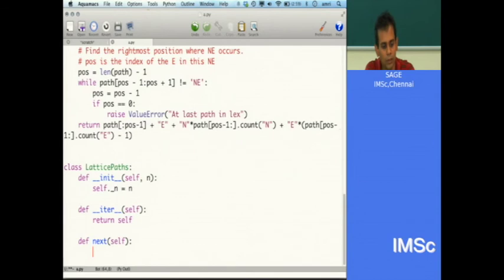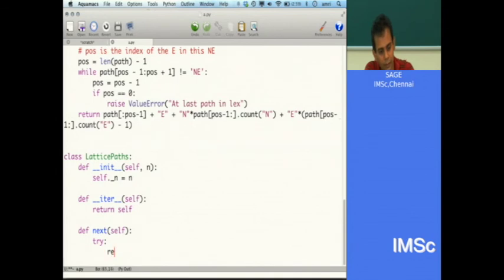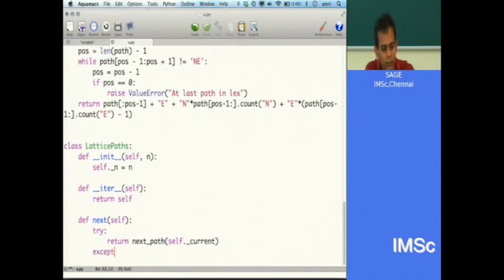And so try: return next path of self.current. Except what error?